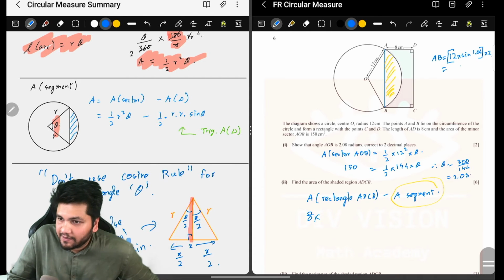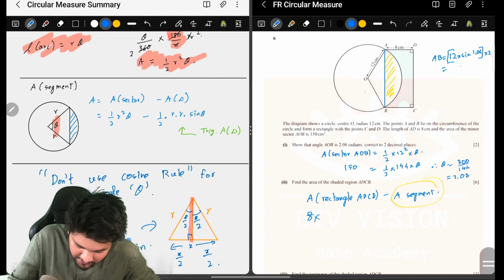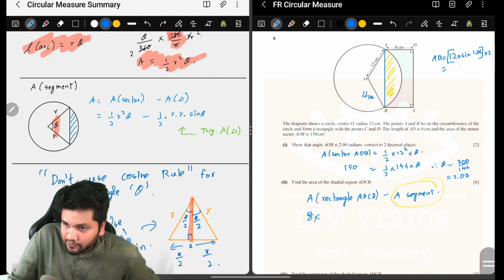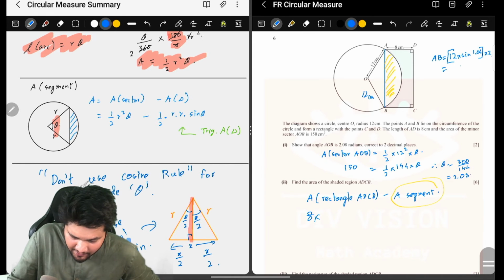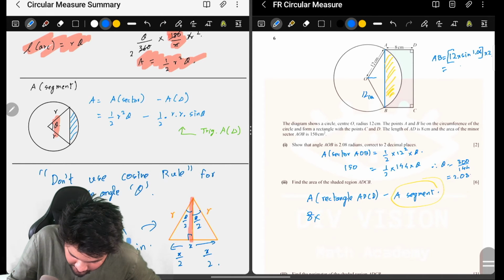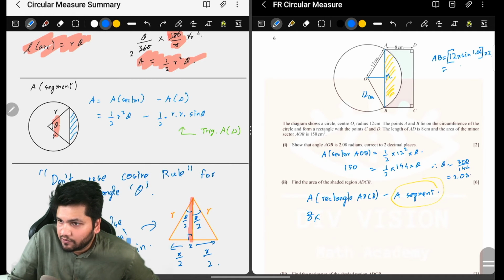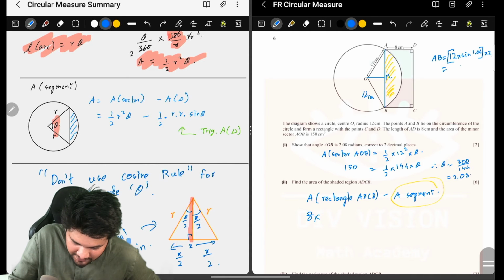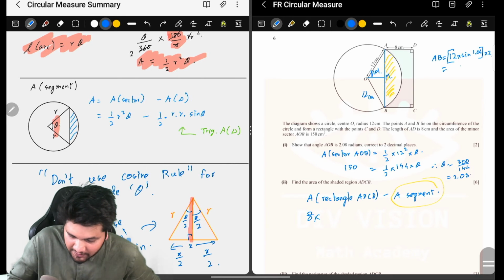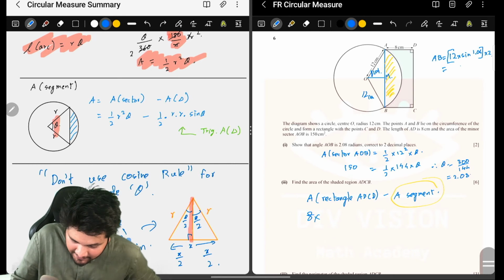Now again, coming back to the same thing, obviously you can use the cosine rule for finding the AB, but I would still prefer that we just make a midpoint like this, M. So we'll consider triangle OMA, and now AB is going to be what? So this is 12, and this angle we know, which is how much? 2.08. So this is going to be 1.04. Just make sure that you take half of it. And then AB is going to be